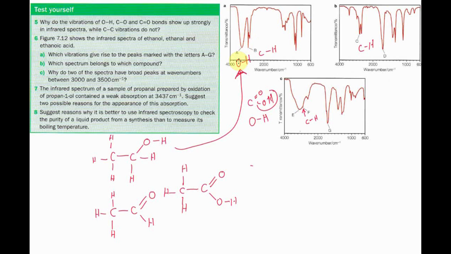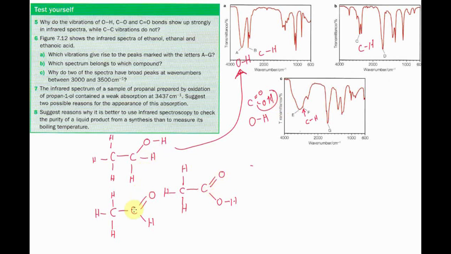Next peaks we need to learn. So that A there is the OH from the alcohol, and that one there, E, is the OH from the carboxylic acid. Now the next really key peak, and this is a really important one to be able to recognise, is the